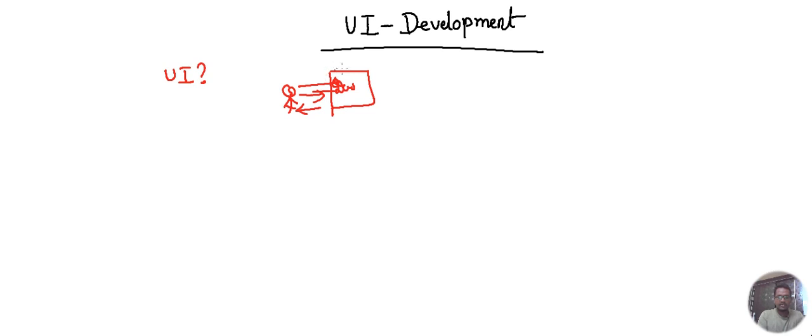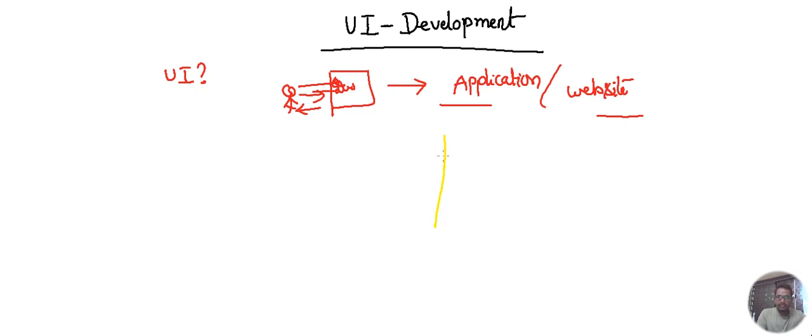This can include display screens, keyboards, a mouse, and the appearance of a desktop. It is also the way in which a user interacts with an application or website. I think all of you know what an application and a website are. So when we are using one mobile and one desktop,